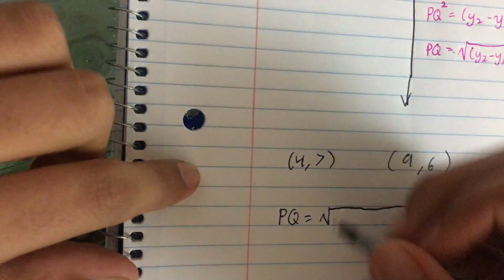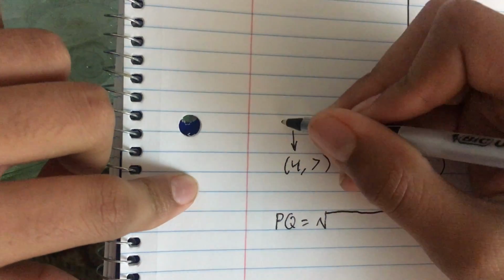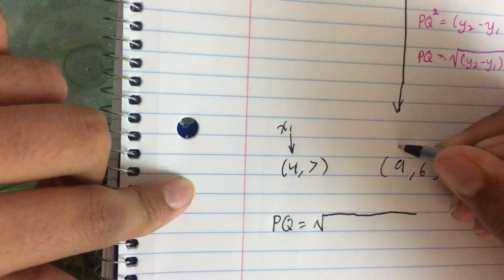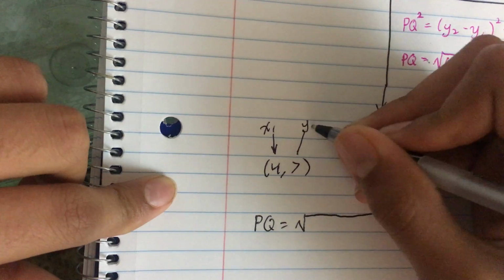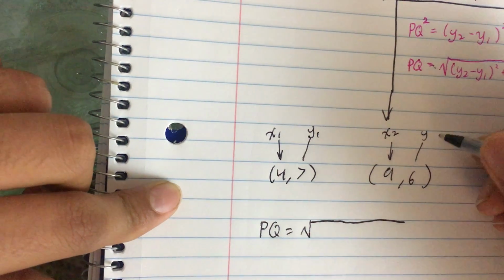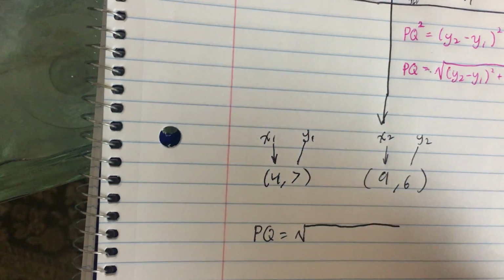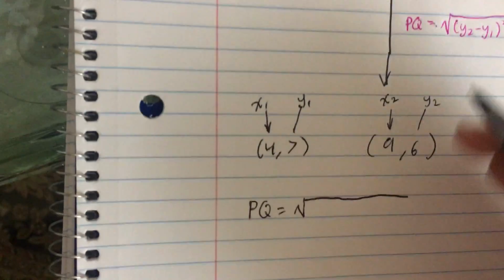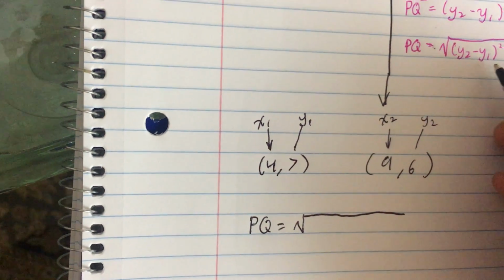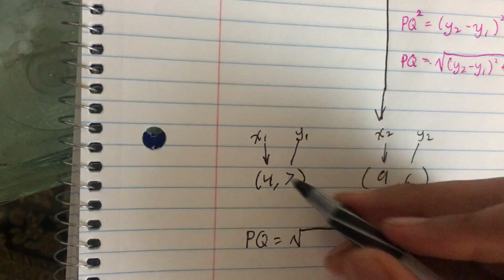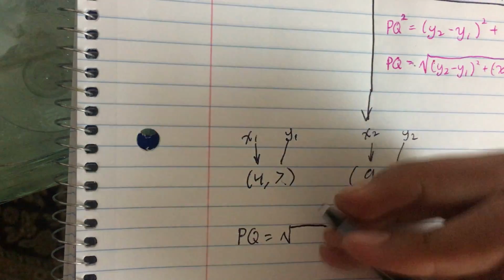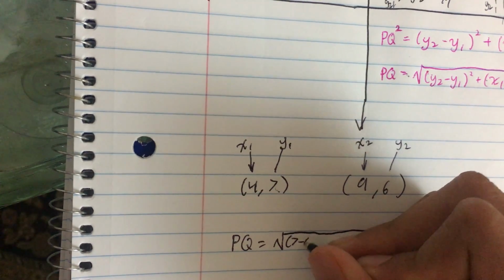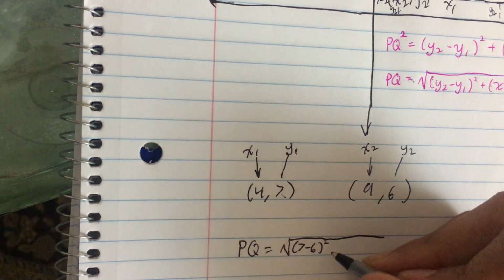Just for now, this is x1, this is x2, and this is y1, this is y2. Just pointing that out there, okay? The first part is y2 minus y1, or it could just be y1 minus y2. It doesn't really matter, but it'll be 7 minus 6 whole squared plus